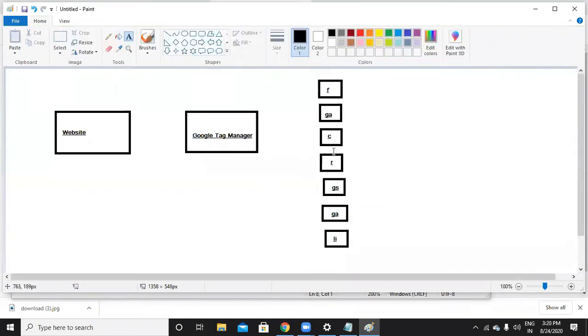Each and everything has a code, I mean a tag, or not? For Facebook Pixel, I have a tag. For Google Search Console, I have a tag. For Google Analytics, I have a tag. So everything I have to paste in the website section. Now what I'm doing is, instead of directly pasting in the website, I am using the Tag Manager. So for everything, I can connect the multiple tags. There is no limit. N number of tags I can connect with a Tag Manager.